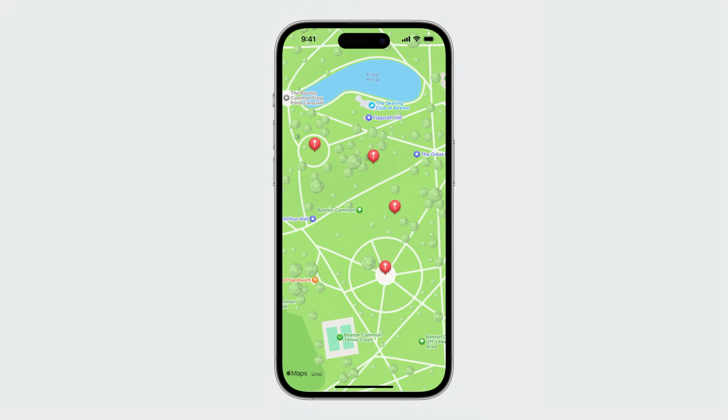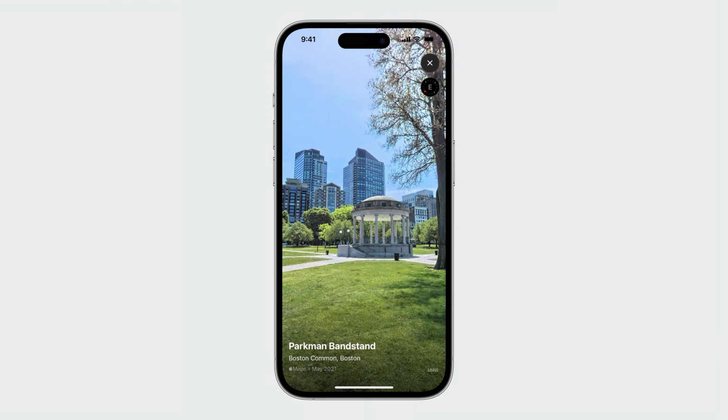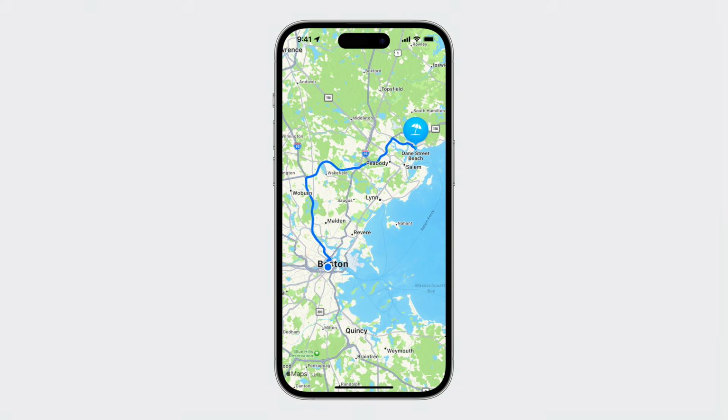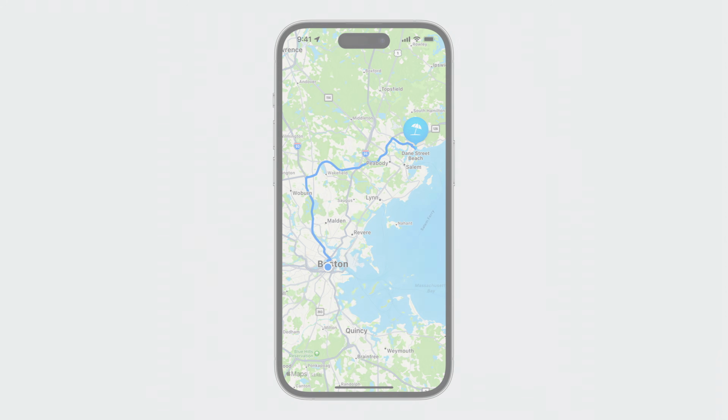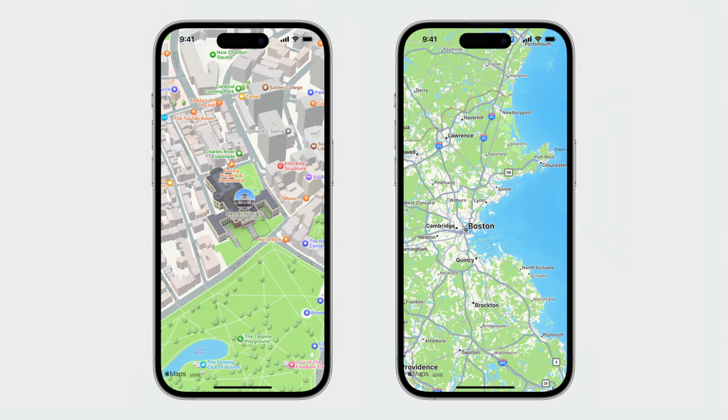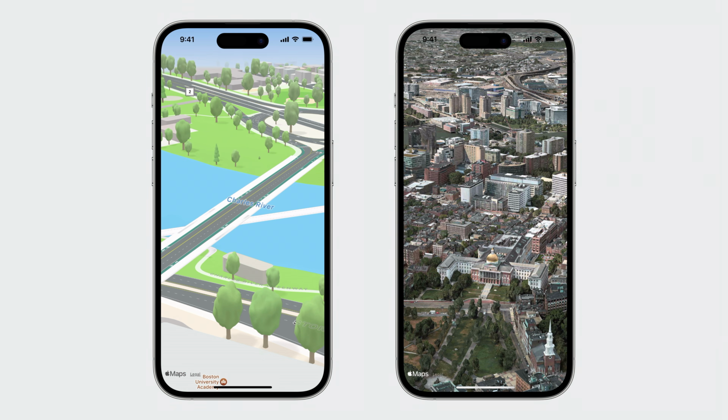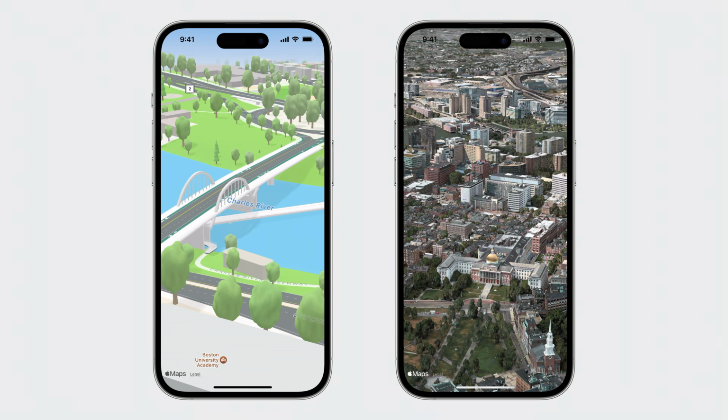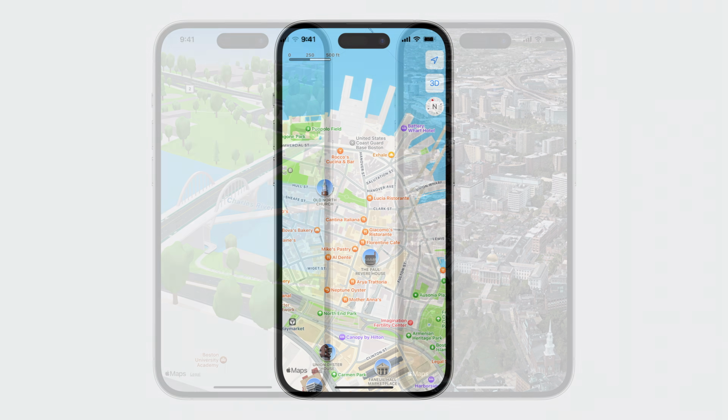I'll use annotations to mark places on the map. I'll enable selection so that I can tap on each marker to learn more about that place. I'll integrate Look Around to explore some places we might want to visit. I'll add an overlay that shows a driving route to the beach. I'll use the map to display different locations and regions. I'll add another dimension to the map by enabling realistic elevation. I'll show you how to display satellite and flyover imagery as well.